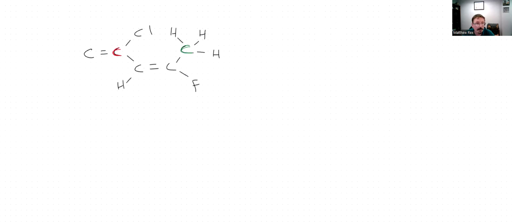If we take carbon 1 and just focus on it, there it is, with a double bond over here and a single bond here and a single bond here. Because of that, there's no lone pairs. This is going to have trigonal planar geometry. And then if we look at our second carbon over there,